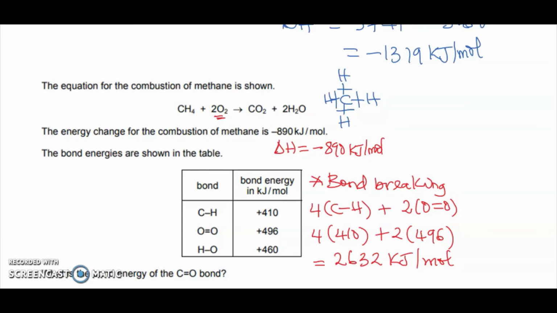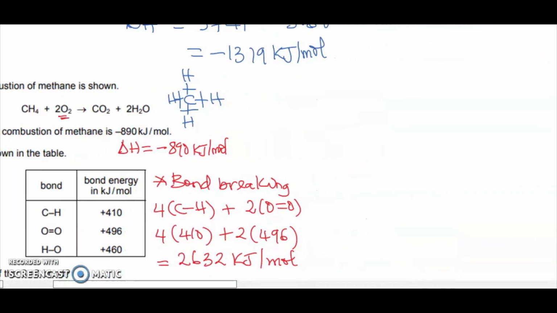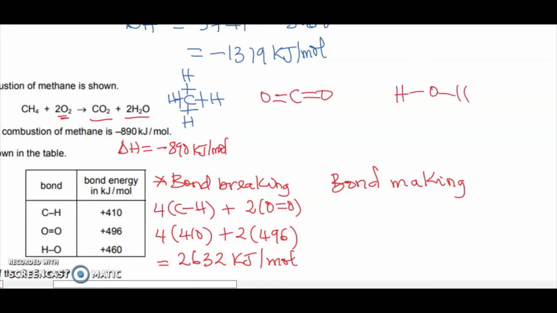So for bond making, remember the products we have here, carbon dioxide and water. Earlier on we saw the structure of carbon dioxide, and water, we saw this. Remember we have two molecules here. So in effect, in the products we are making 1, 2, so we are making 2 CO bonds